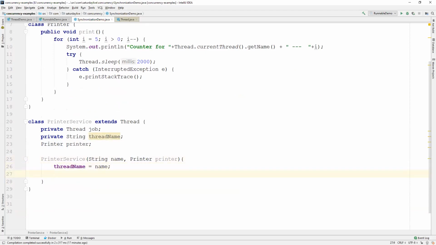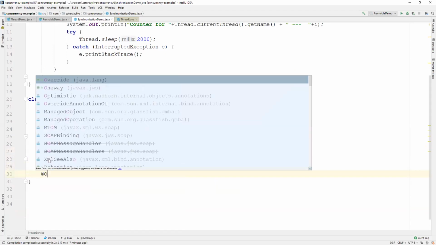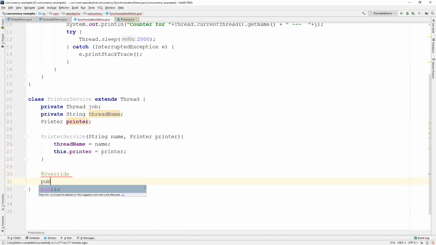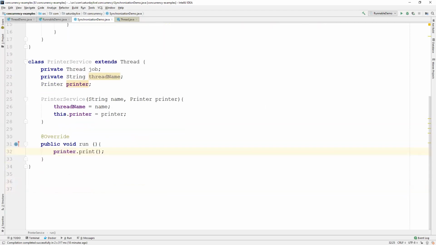And since it contains a run method, we have to override the run method. In the run method, we are just going to call the printer dot print method. Now, after the print method is executed,